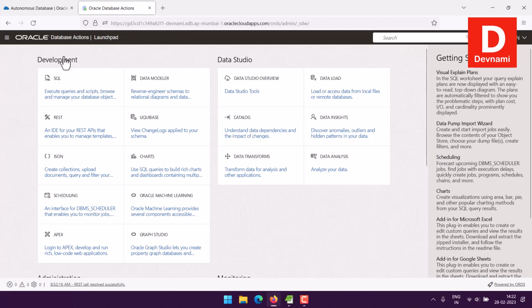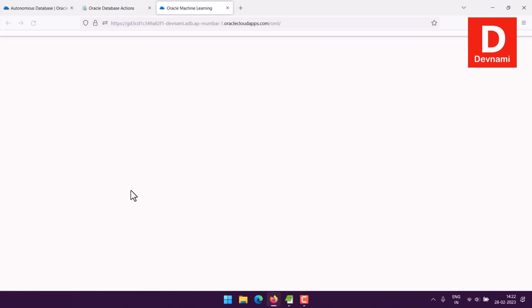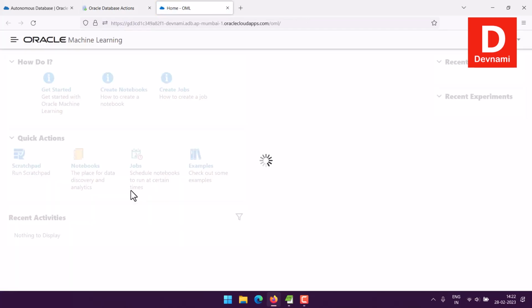But before that, let me show you how OML looks. So click on this Oracle Machine Learning. It should open in a new tab. And it will give you access to this particular session of Oracle Machine Learning where you are the admin. Then it will take a bit of time if you have multiple sessions running in the background. I already have one session running, so most likely that could be one reason that it is taking a lot of time. So let me just refresh this,